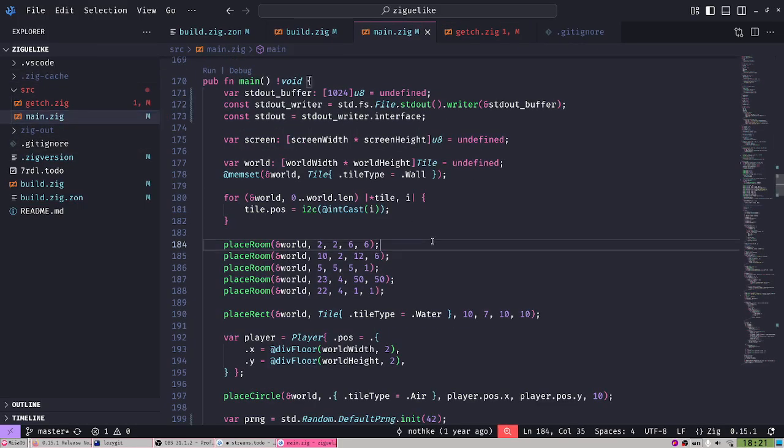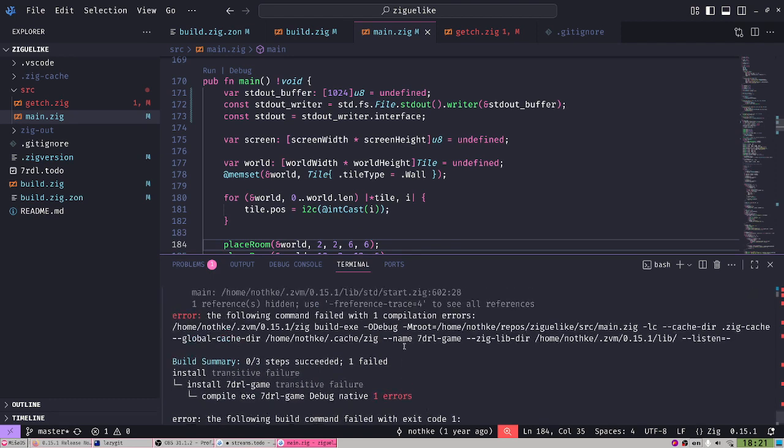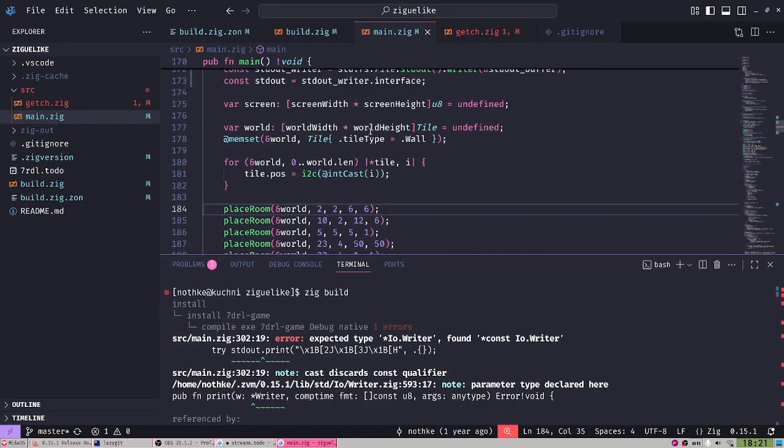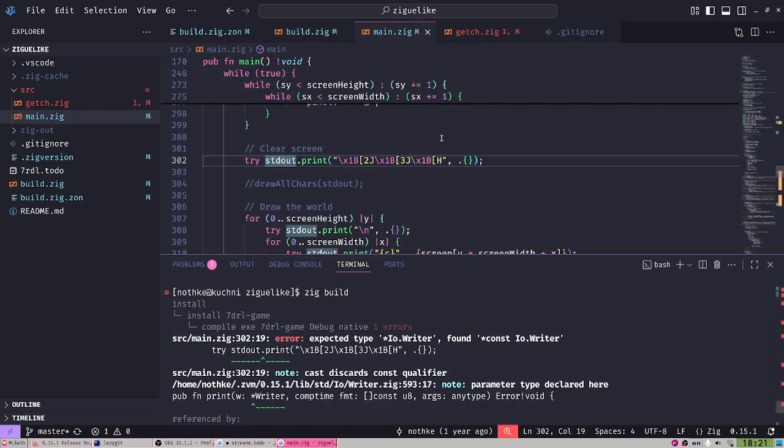All right, let's fix this. Let's update. So yeah, that's what the problem was. IO writer is now okay. Is the writer now immutable, or what is going on there?